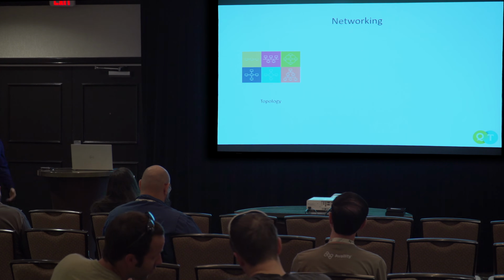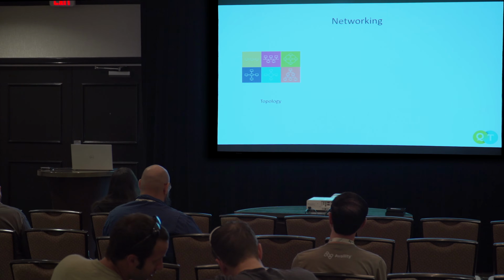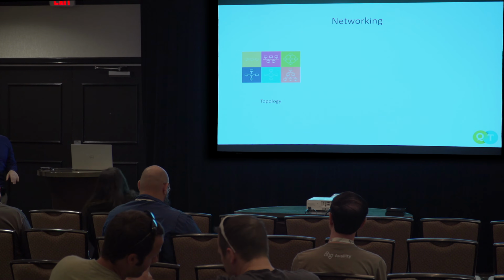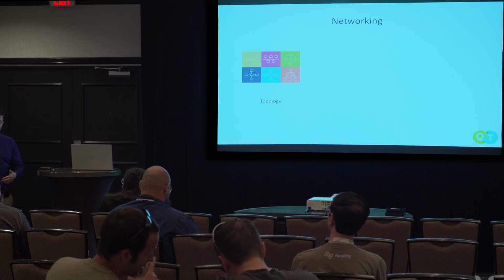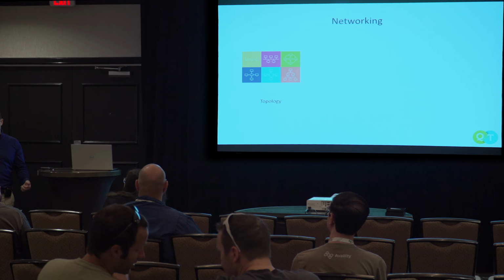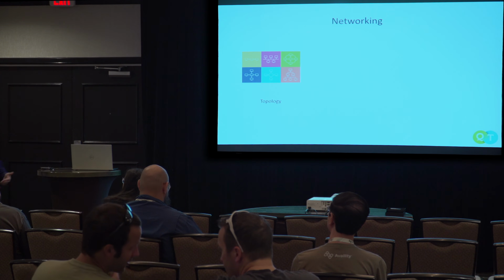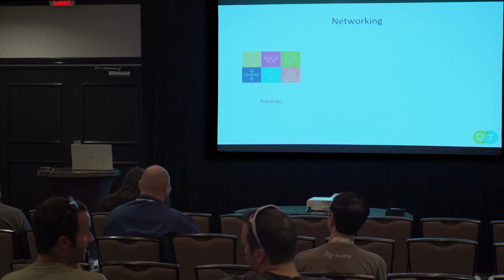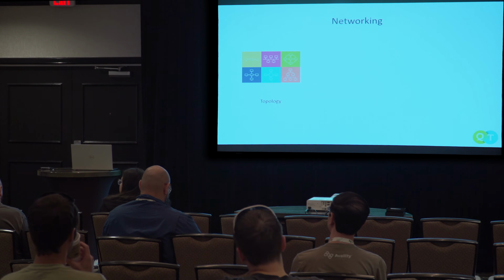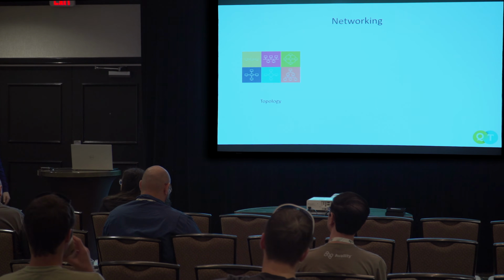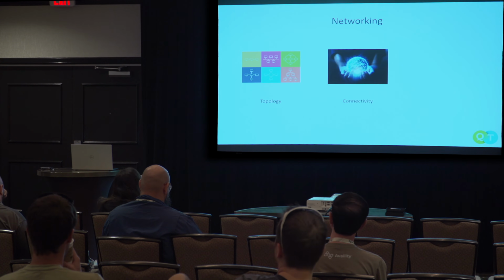So you need to think about the entire network topology, and you think about this in two levels. One would be the infrastructure level, and one will be the actual application level. At the infrastructure level, what I mean by that is how does our entire corporate network work? What blocks are assigned to what business units and application teams? And at the application level, you're thinking, what blocks are allowed for my data? What blocks are allowed for my front end? What blocks are allowed for my caching layer? So you need to think about the topology.